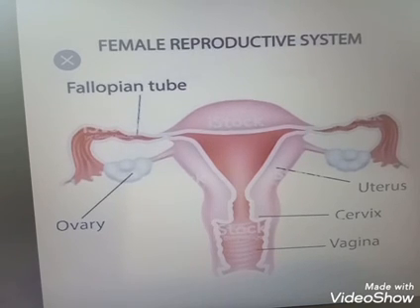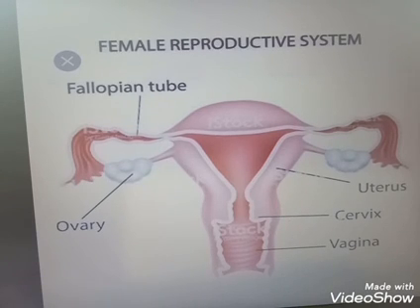Okay, so the uterus is made up of 3 layers: perimetrium, myometrium, endometrium. The endometrium makes a bed each month for receiving the zygote. When fertilization does not take place, the endometrium will shed off. So the endometrium undergoes cyclical changes during the menstrual cycle. Clear? The next portion is the vagina.